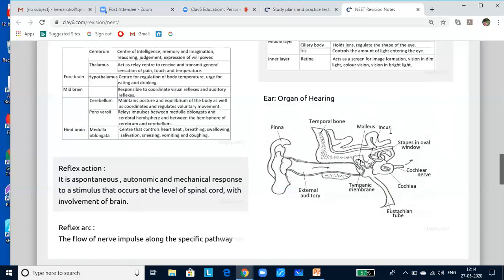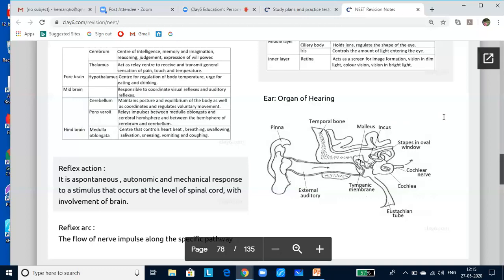Now the third part will be the inner ear. The inner ear contains a vestibular apparatus which is composed of three semicircular canals and the otolith organ consisting of saccule and utricle. The base of the canals is swollen and it is called the ampulla. Saccule and utricle contain a projecting ridge called the macula. The crista and the macula are the specific receptors of the vestibular apparatus that are responsible for the maintenance of the balance of the body and posture. That is why sometimes when there is a disturbance in the ear, you feel a little dizzy because of an imbalance in the inner ear.